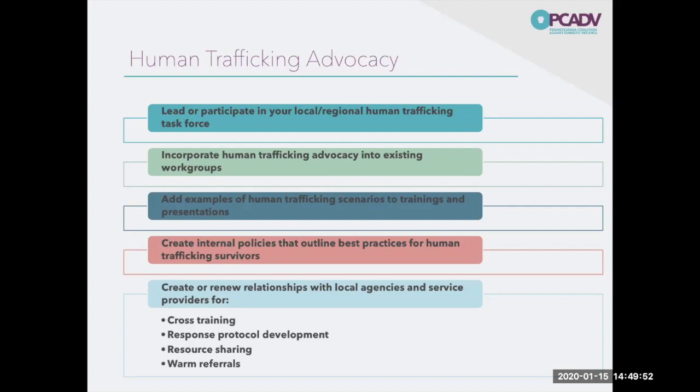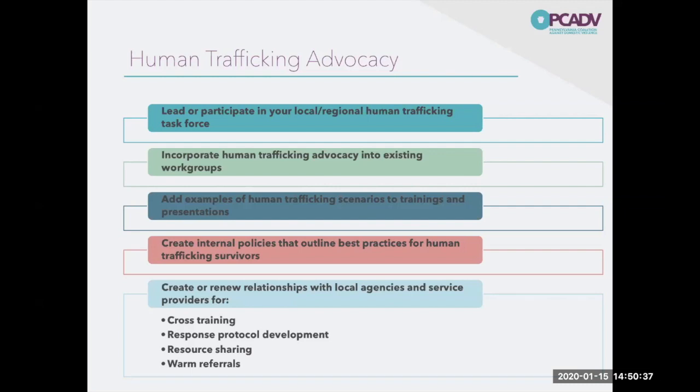So I use rehabilitation as an example a lot, but if you're going to be referring somebody to a rehabilitation program, it's great to be able to provide a resource and then say, hey, I know Sally so-and-so from the local Drug and Alcohol Commission, and I'm going to introduce you to her so we can start working on a plan, instead of just giving them that brochure or resource and saying, here you go, why don't you give them a call? These are some things that you can do right now to really start engaging in human trafficking advocacy that isn't the full bore, I'm opening my own human trafficking shelter. If you want to do that, awesome. But if you are not ready to do that, these are some starting points.